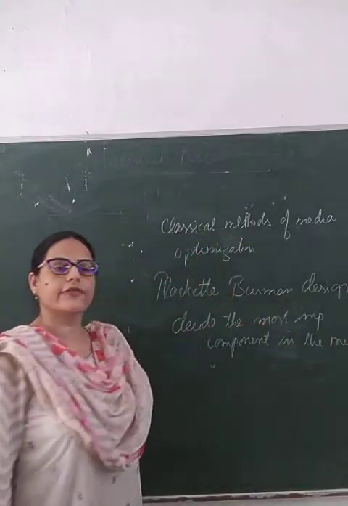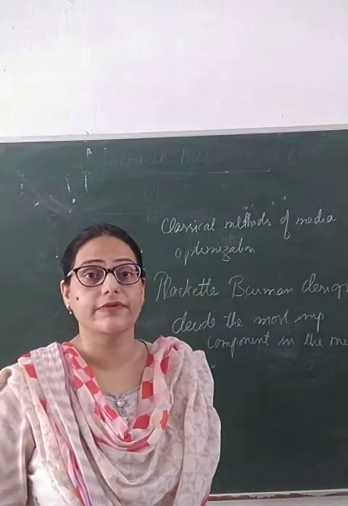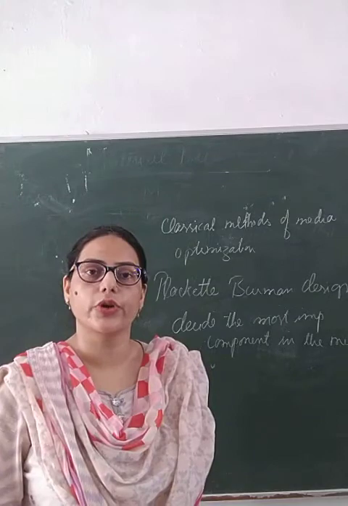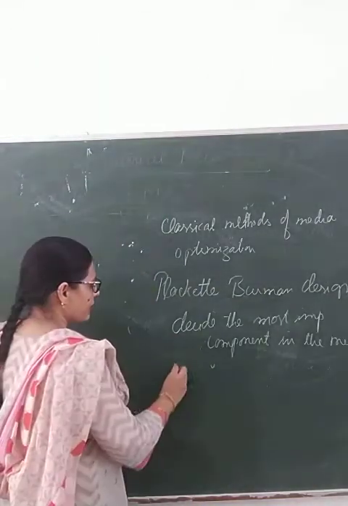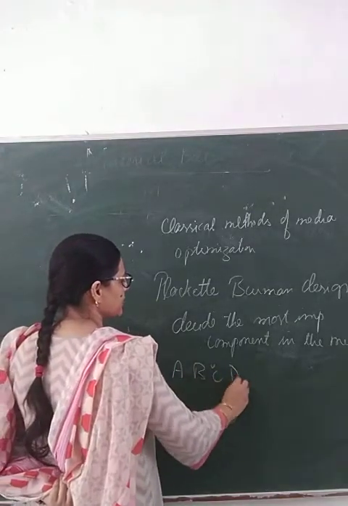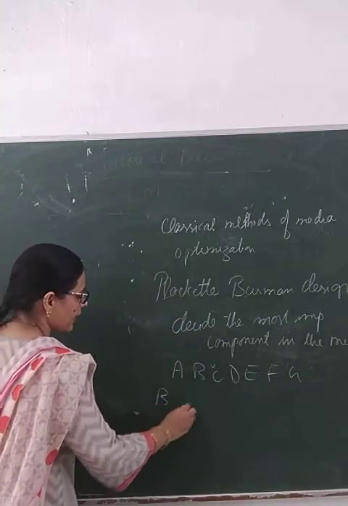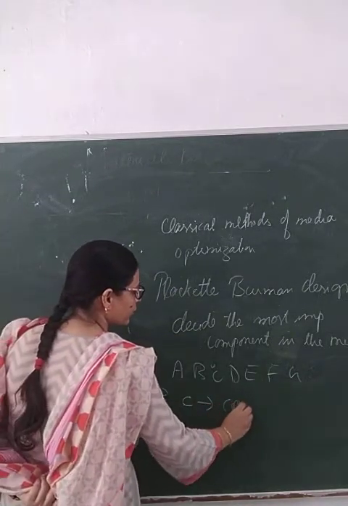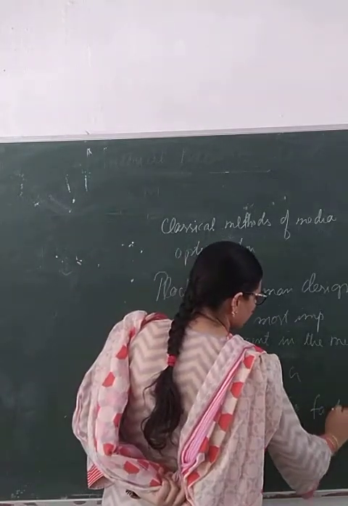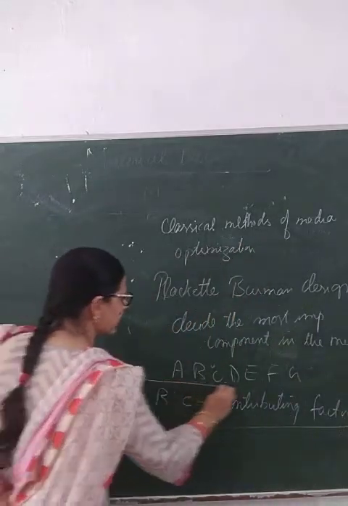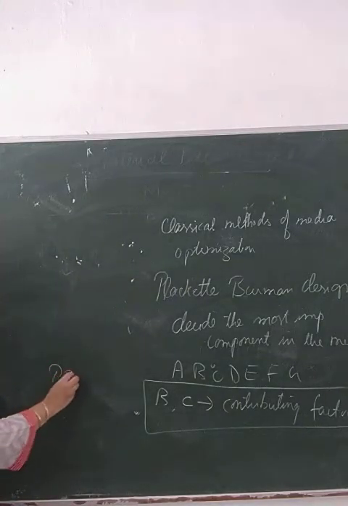So that is, if we have chosen 7 variables, out of the 7 variables which is having the maximum effect. Maximum effect on what? On the production of the desirable metabolite. So once we know that, like we have factors A, B, C, D, E, F and G, then if we see that B and C are the most important contributing factors, this is the result that we draw from the Plackett-Burman design, the PB design result.